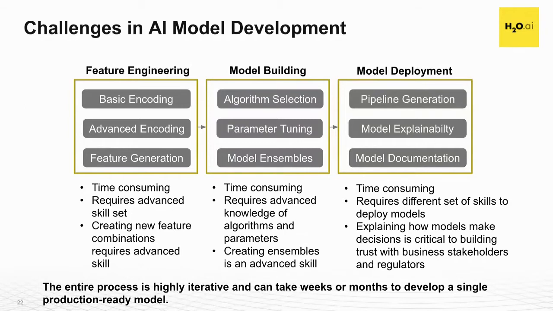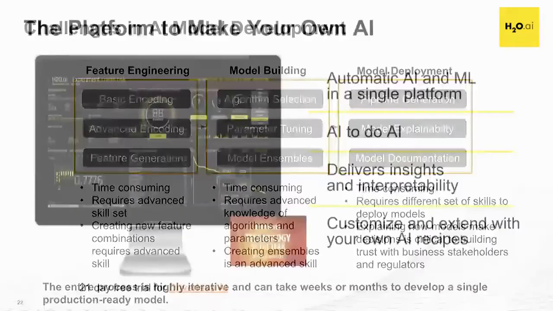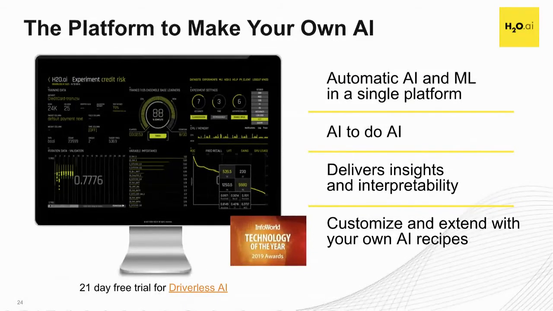And lastly, once you've built some models, how do you evaluate them, from explaining to documentation and reporting? Today I want to show some demos with a tool called Driverless AI. Driverless AI is an automatic machine learning platform that leverages AI to do AI, and it can quickly deliver insights and build models in an automated fashion. You can do AutoML, but it's not just the insights, it's the interpretation of that. One of the interesting things about Driverless AI is that it's an open, extensible automatic machine learning platform.